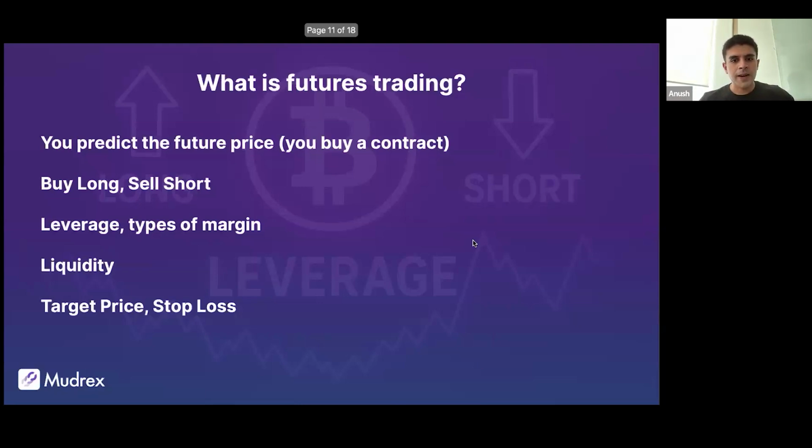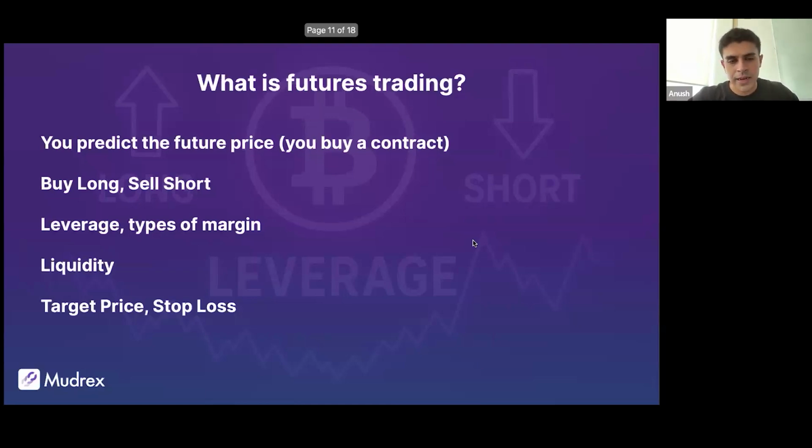Okay. Now, in futures trading, there are two terms again that you'll hear a lot: target price or take profit and stop loss. These are both part of your risk management strategy. Your target price is basically where you want to exit the trade in profit. So maybe you enter a long trade at, let's use the BTC example, right? You enter a long trade at 108K and set your target at 115K. If the price hits that level, your trade will automatically close and you will lock in your profits.